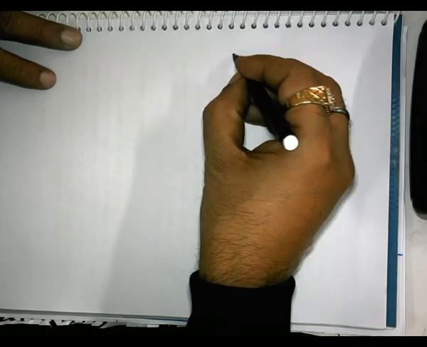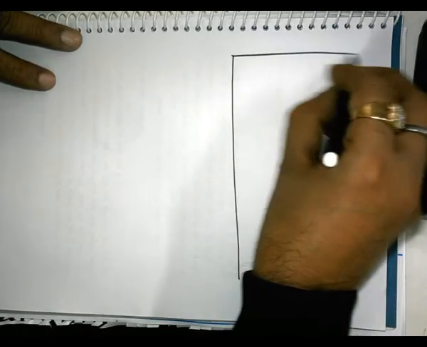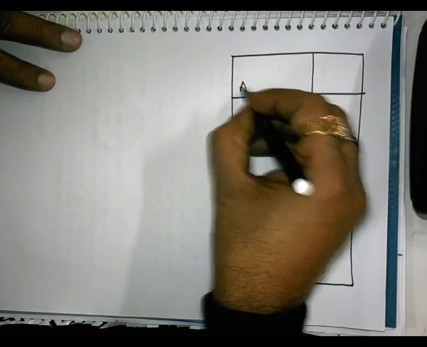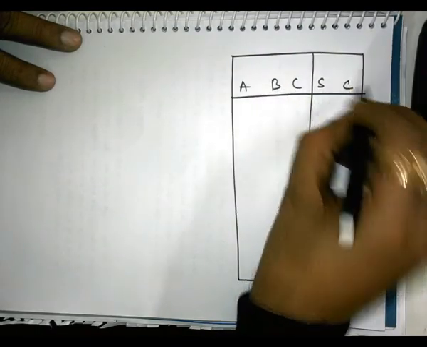There are many other operations that can be performed using multiplexer. A combinational logic circuit can also be designed using demultiplexer. How can we design a combinational logic circuit using demux? Suppose we have to design the same full adder circuit using demux. A, B, C, sum and carry out.